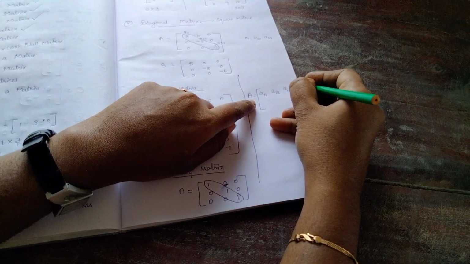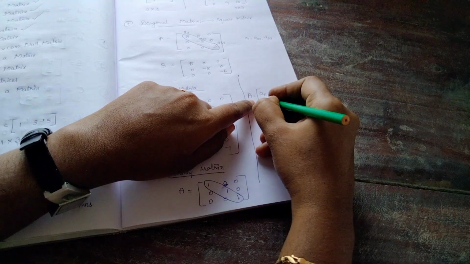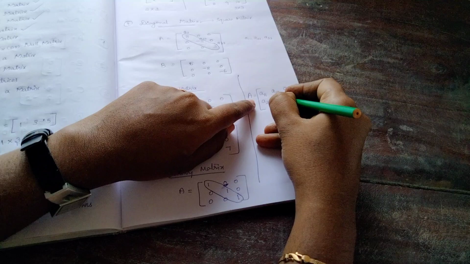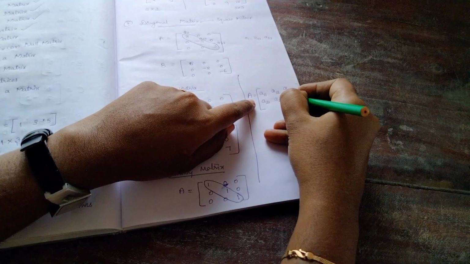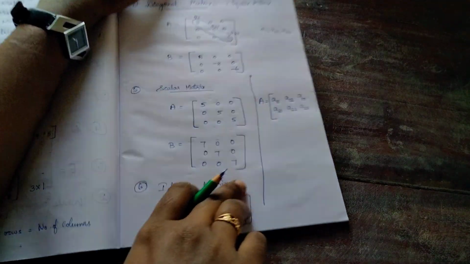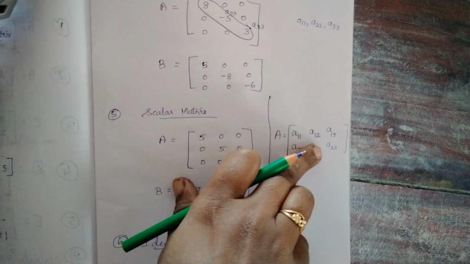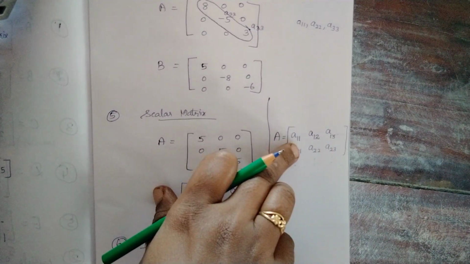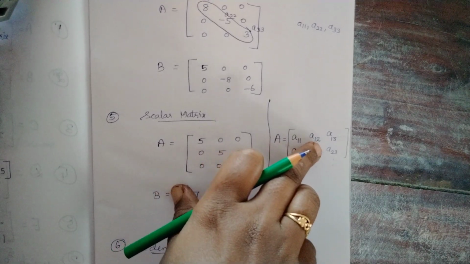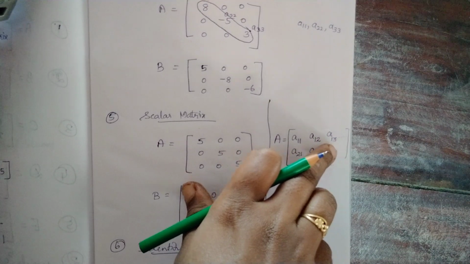It will go on like this. Come to the second row, first column. Second row, second column. Second row, third column. It will go like this. This is the general term of the matrix. Okay. We can mention it by A11, A12, A13. What's the meaning for A11? 1, 1 means first row, first column. 1, 2 means first row, second column. 1, 3 means first row, third column.